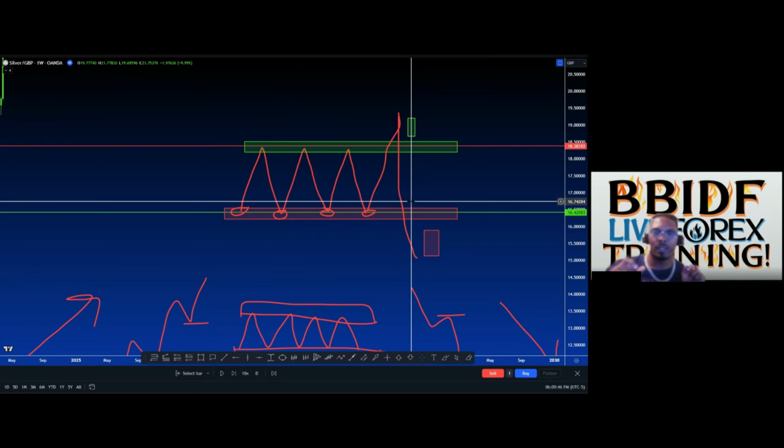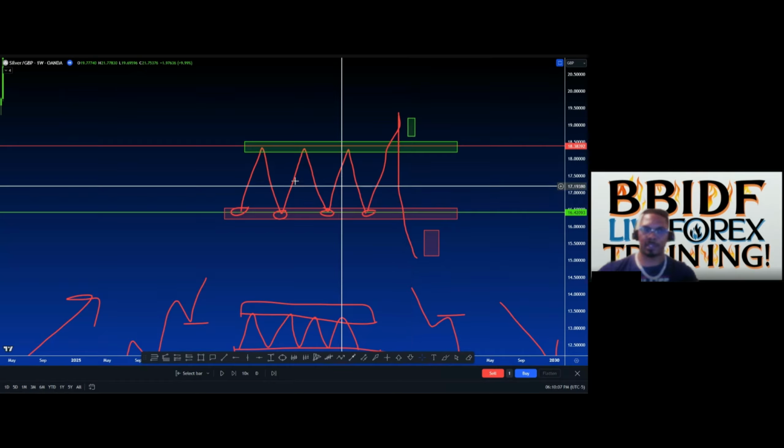Okay? The answer, the banks are. The hedge funds are. The institutional people who play in this Forex market, they're the ones taking the opposite side of your trade. And sometimes it's retail traders, but we don't move the market like that. And when it's retail traders, you get what you see right here, which is consolidation.